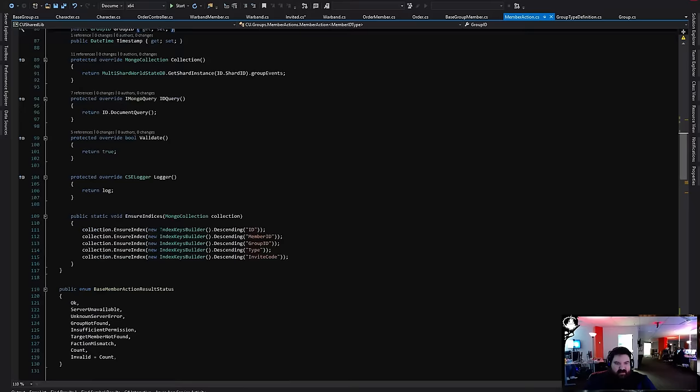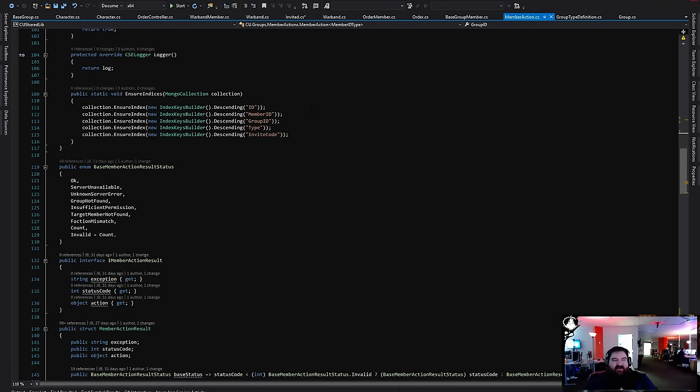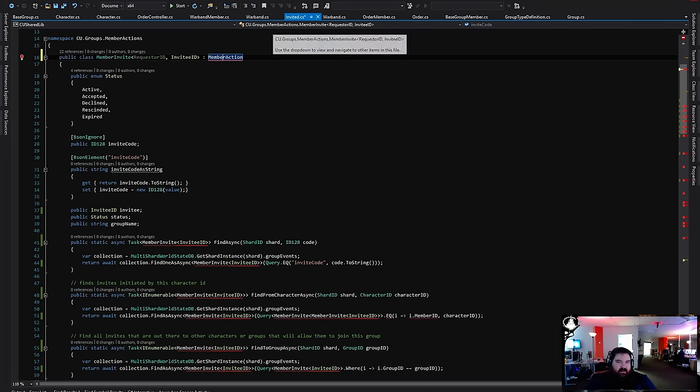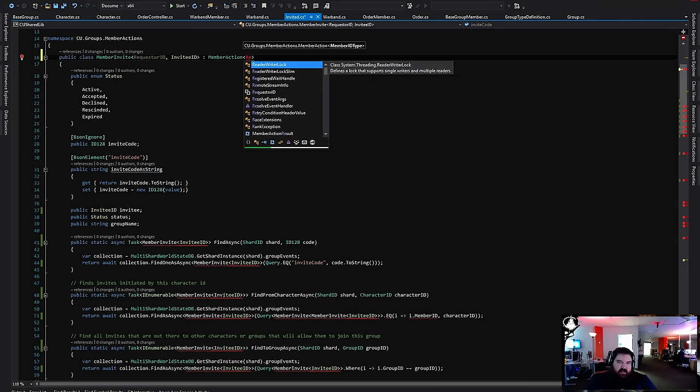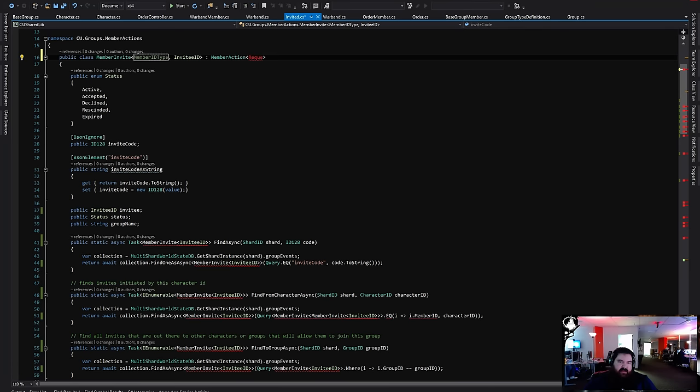This is going to propagate a lot of changes all over the place. That's going to need requester ID. This is member ID type everywhere, so it's consistent.